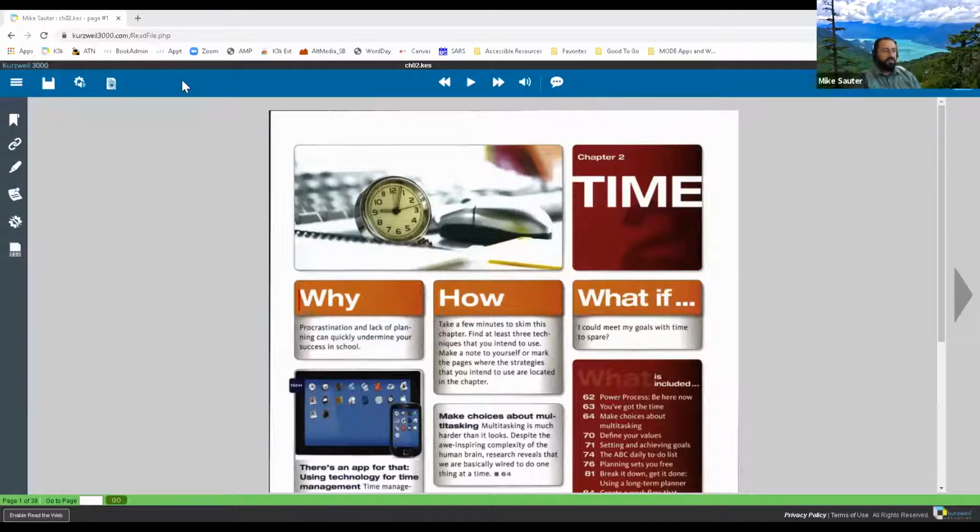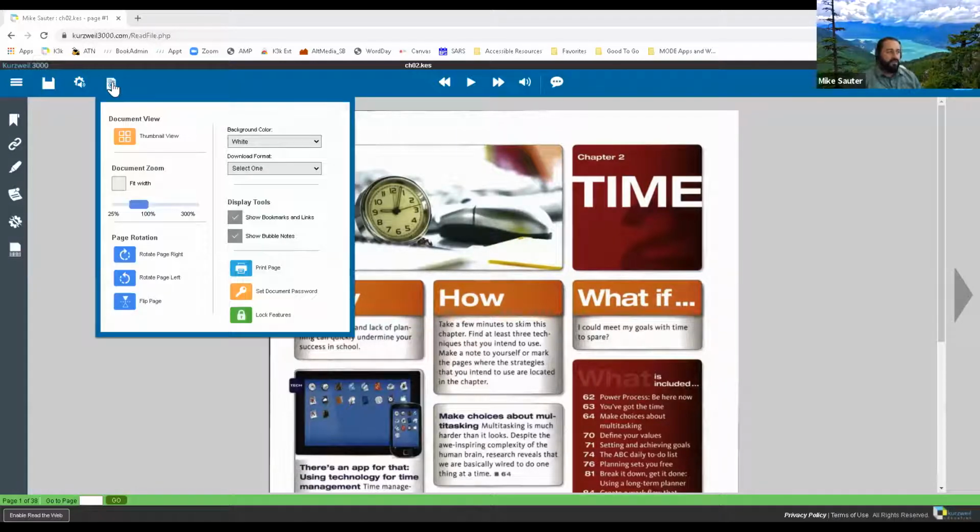Okay, moving over to the left, our first icon on the left-hand side is our document view. The document view will allow you to adjust the document that you're looking at, this chapter we're looking at right now. The first item on the document view is our thumbnail view. Now, this is a really powerful tool.